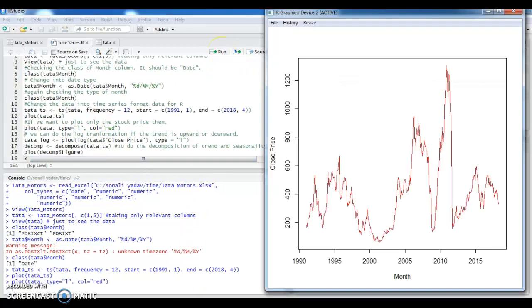And once I run it and open the script, I now can see you have removed the month, which was looking really weird for us. So we have got this red beautiful time series plot of Tata Motors closing prices, right? So we have achieved quite substantially at this stage. So let's keep learning.